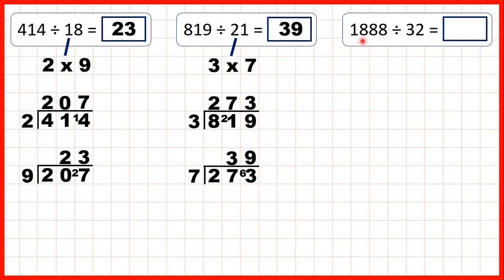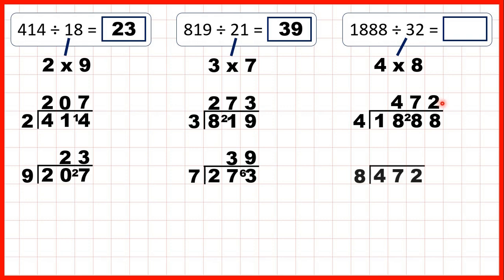So finally, we have 1888 divided by 32. Now 32 is 4 times 8, so we can first divide by 4. 18 divided by 4 is 4, remainder 2. 28 divided by 4 is 7, and 8 divided by 4 is 2. So dividing by 4 has given us